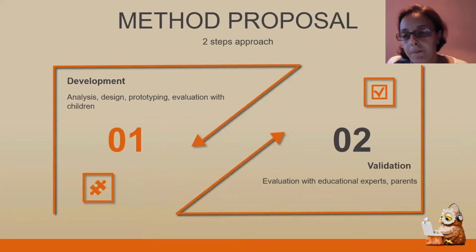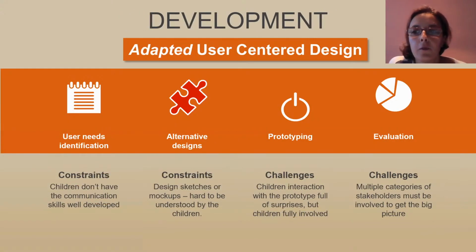So we have considered using a user-centered approach, but we need to keep the focus on our small users, who are not the adult users usually encountered in user-centered design. So we have split the process in two steps, the development process and the validation process. And we have considered an adaptation of the software design process. We call this step the adapted user-centered design, which consists of the steps of user-centered design, which means user needs identification, alternative design, prototyping, and evaluation. And as you can see in this slide, the most